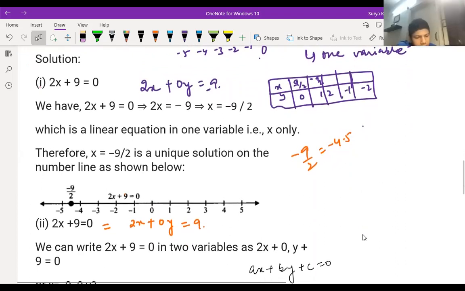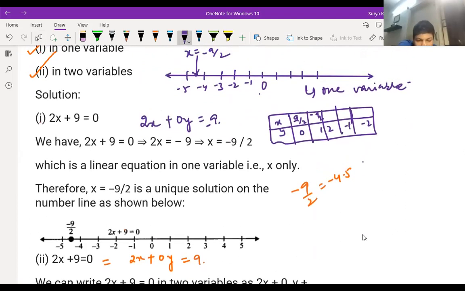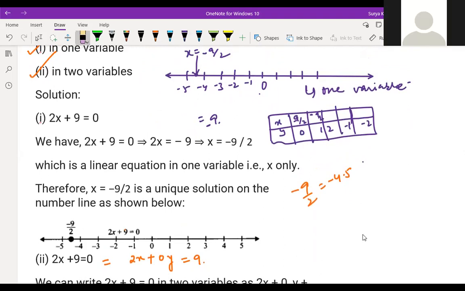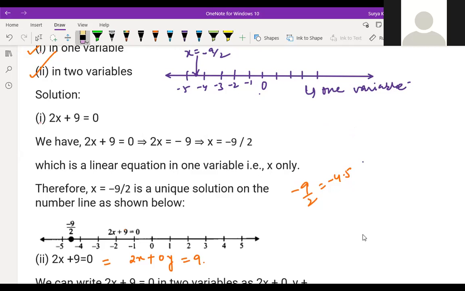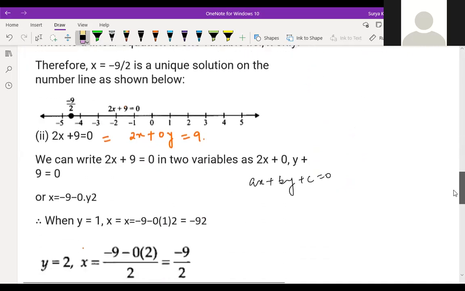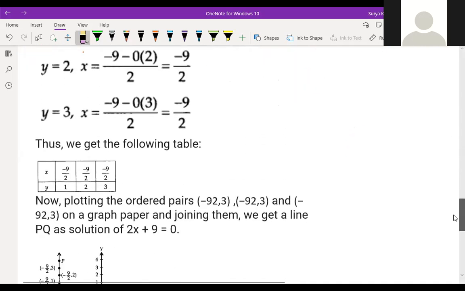Sir, on graph paper, we can do it. So I'm just erasing this. Sir, in the exam, do we have to do it with graph paper or can we do it like this only? They will give the graph paper. If they won't give, then you will use this paper only. But most probably they will give graph paper at exam time.